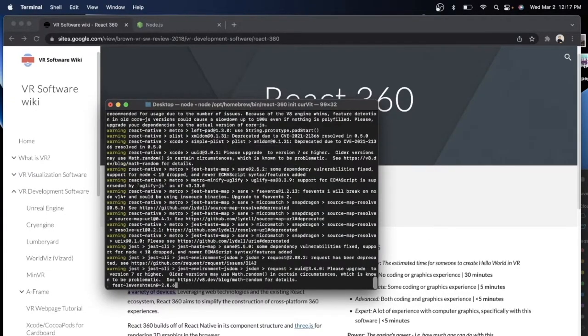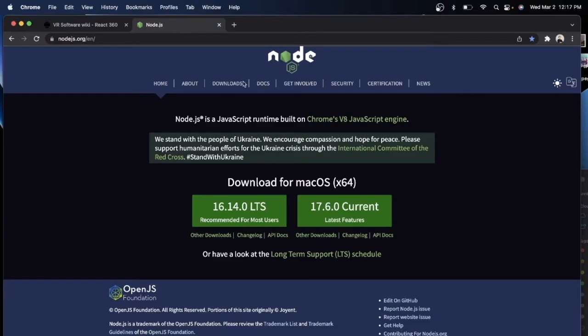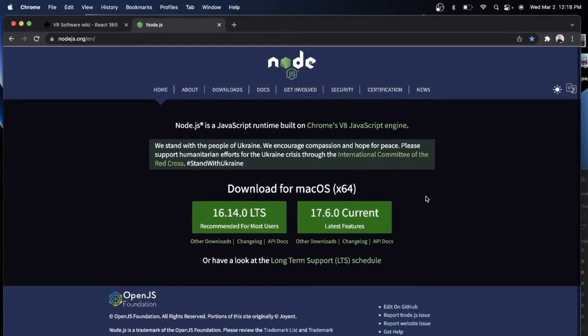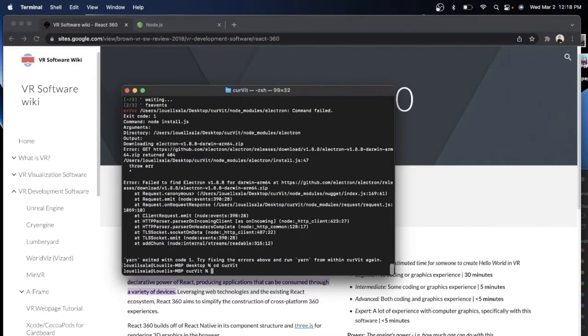Easy, right? But again, if you are creating this, make sure that you have Node.js. I just showed this to you right now. You can download it if you're using Mac, for example, or if you're using Microsoft, you can download it for Microsoft, but make sure you download the right one. Okay, so let's do that. Right now we are going to cd into our directory, which is cur vit. Once we get into the right directory, you can just write code to open it